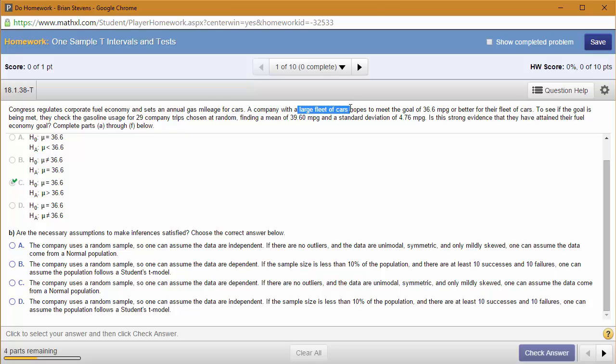And then 10% of all trips, well, I suppose we have more than 290 trips. Why 290 trips? Well, because our sample size is 29. So we have to sample less than 10% of the whole population of trips, that is. Now, finally,